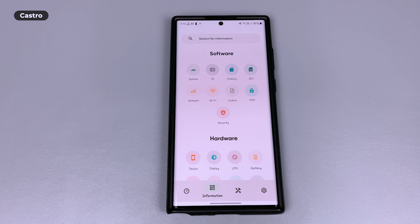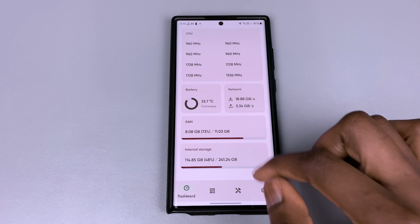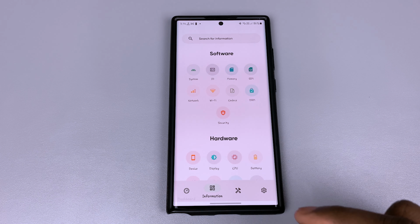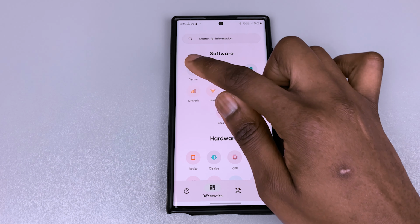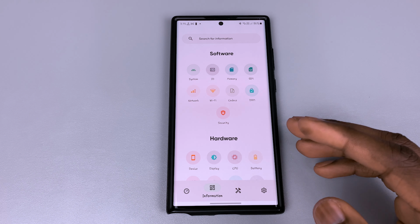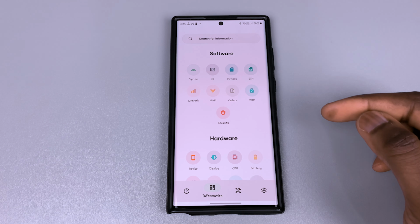Here is one more. This is Castro System Info. Castro is an app with a ginormous collection of information regarding your device. When I say ginormous, I mean it. It has a set of tools that allows you to monitor your phone's performance in real time. Now, this app has tried to make it easy for you and is divided into two categories, which is software